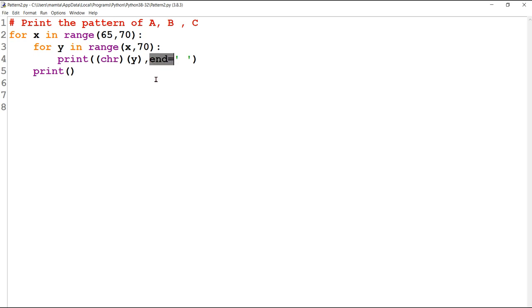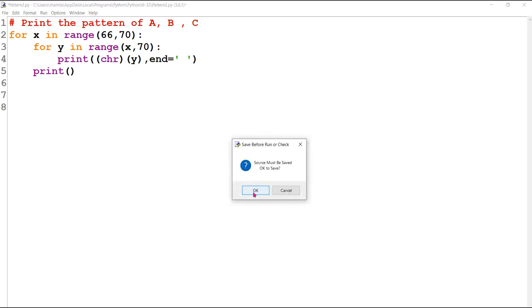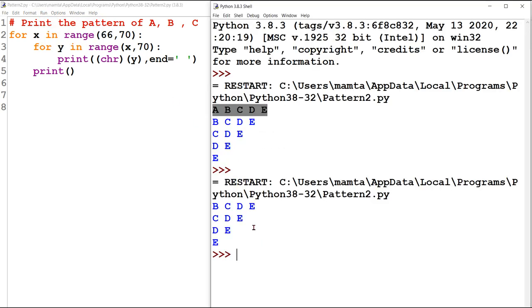This end is necessary. You manipulate these and see what pattern you are getting. Pattern is like having fun with programming. How you can play with programming depends on you. You do a little change and you will get a different pattern. Maybe if I would like to print it from B, I can do it like this. A little change in the pattern will occur.